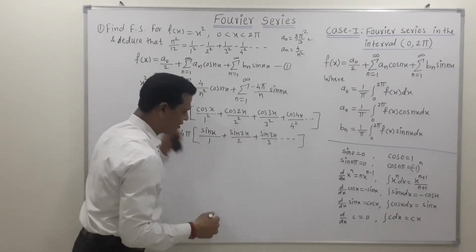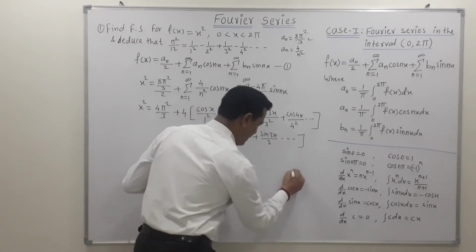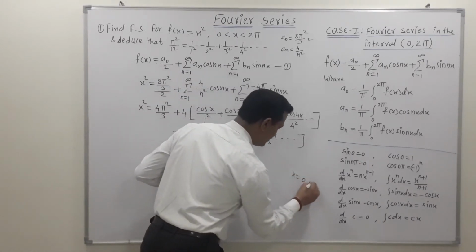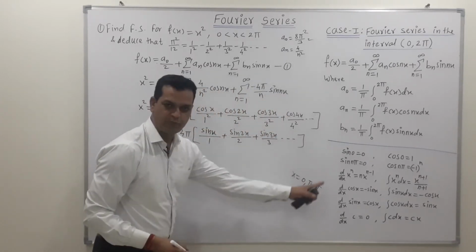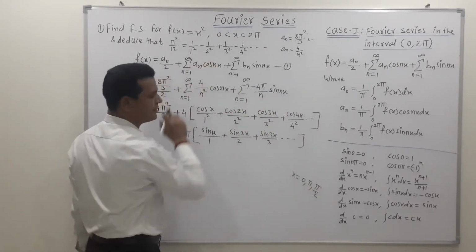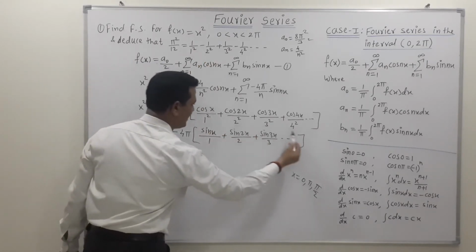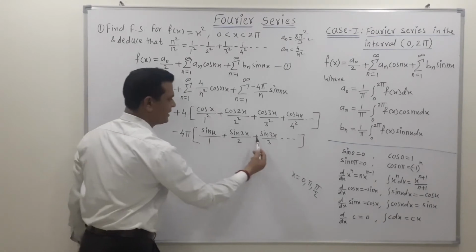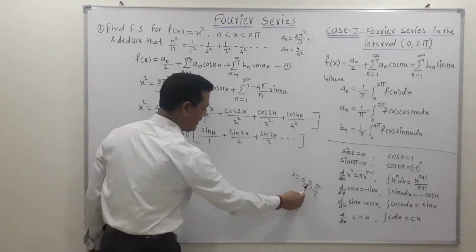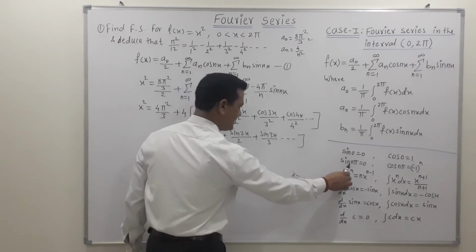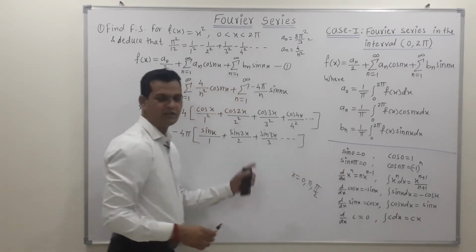So for such type of substitution, generally people use x is equal to 0, and they may use pi or pi by 2. After putting this particular value, we get such type of deduction. Now to get this term 0, so when this sine term becomes 0, if we put x is equal to pi, then we get sine of n pi and all the terms of sine become